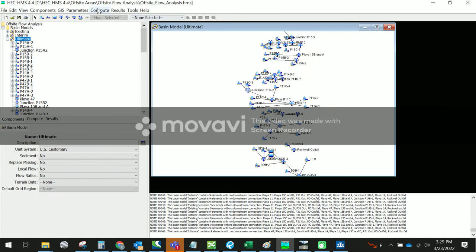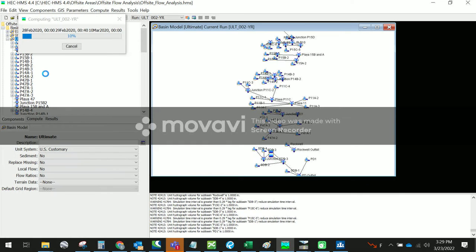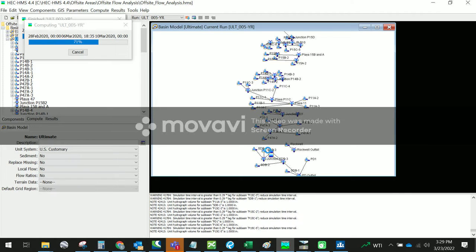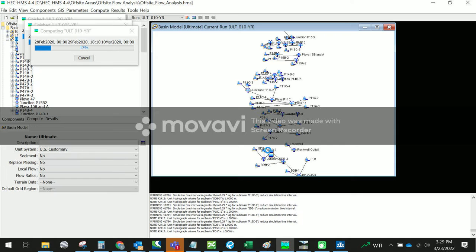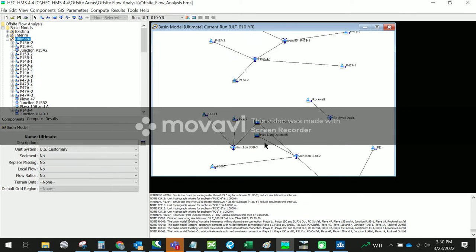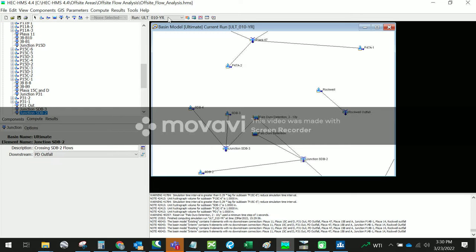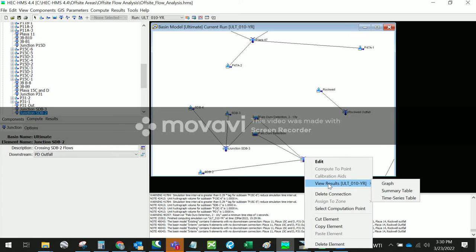Let's go to Ultimate. I'm going to go to Compute, Multiple Compute, 2, 5, and 10. And this orifice is something that is achievable in design. I'm going to talk a little bit more about it later, but let's see if it just works. So let's look at the 10-year events,